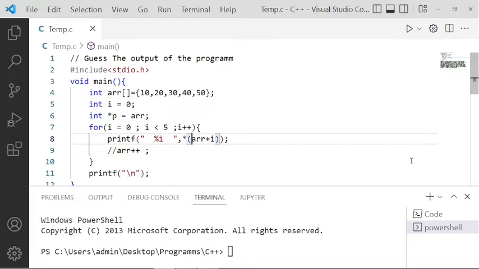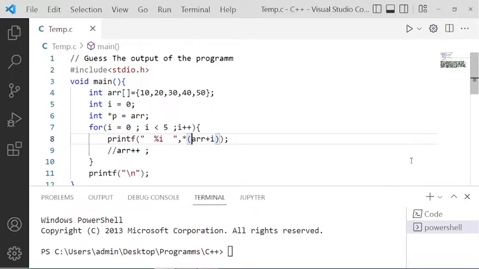Today we are seeing one typical problem when we try to change the base address of the array in C language. Basically, we are trying to discuss one question here. We are trying to access the array element using pointer notation. So let's start. This is a very important question, so try to understand what I am teaching.